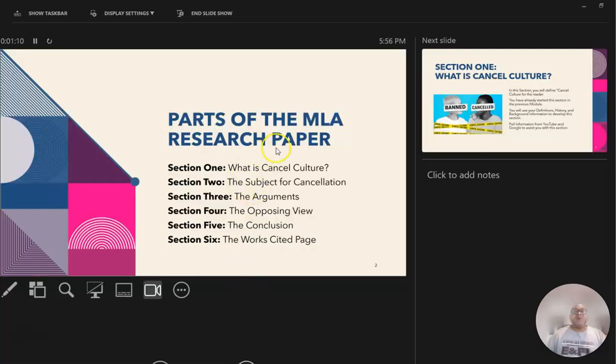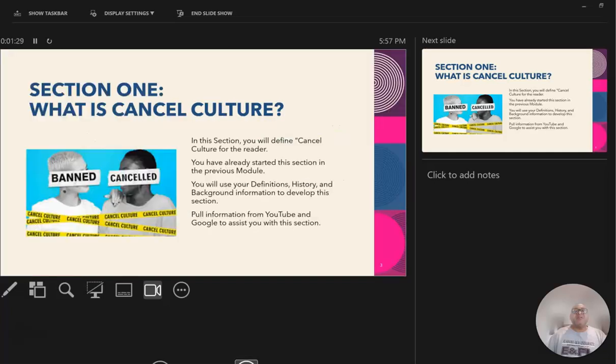Your research paper has the following parts. Each one of these parts, especially sections 1, 2, 3, 4, you need to find information to support what it is you're going to be discussing in your paper. So, starting with section 1, we've already started section 1